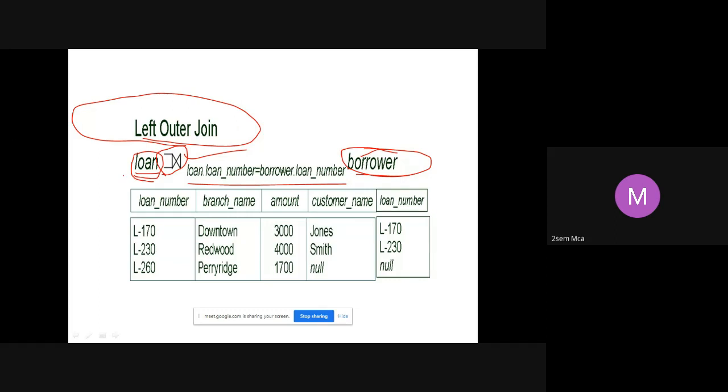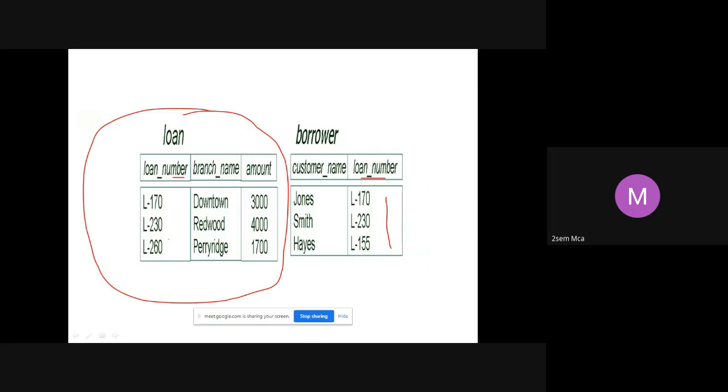Now, when I say loan dot loan number should be equal to borrower dot loan number, these are the only two records which are matching. Is it not? 170 and 230. So if you apply an inner join, only these two records should come. The last record will not come because it doesn't match there.